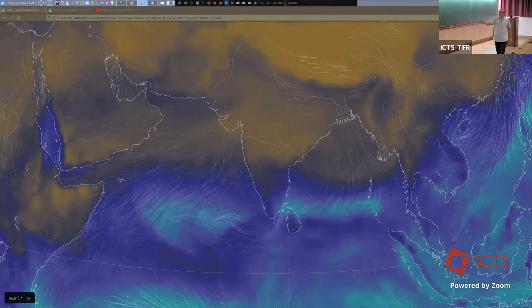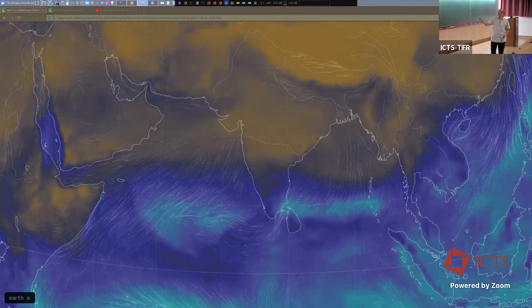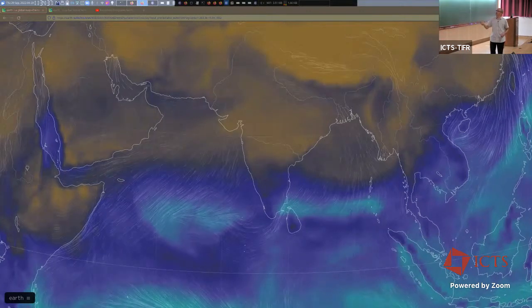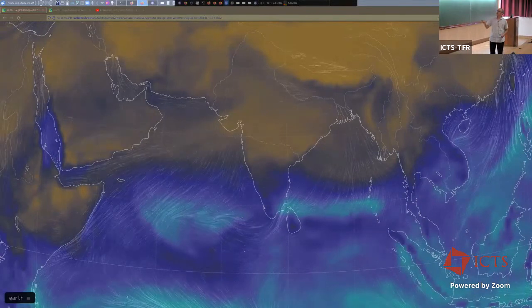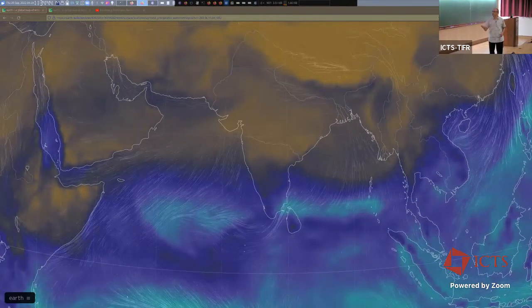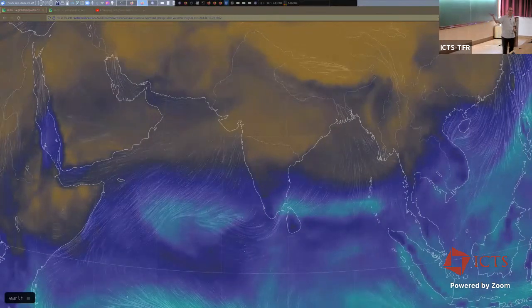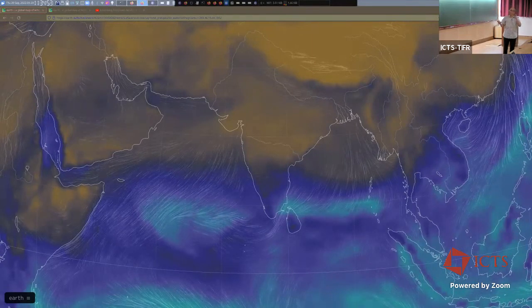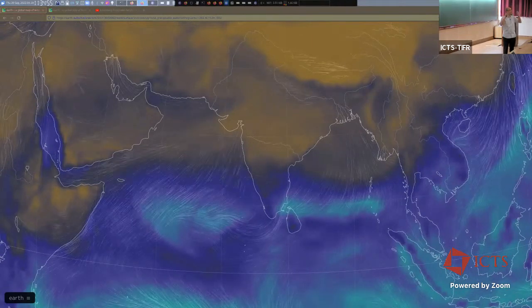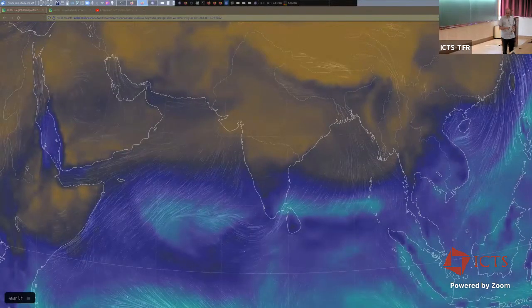The details of some convergence happening here and so on will be different, but these are the typical winds in that direction. You can see that the winds are coming from the Indian landmass towards the Indian Ocean side, and you can imagine that they do not cause rain. There is no moisture here. By the way, the shading is what is called total precipitable water. Think of it as essentially humidity in some appropriate measure.